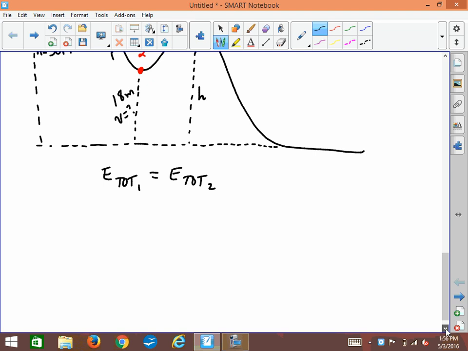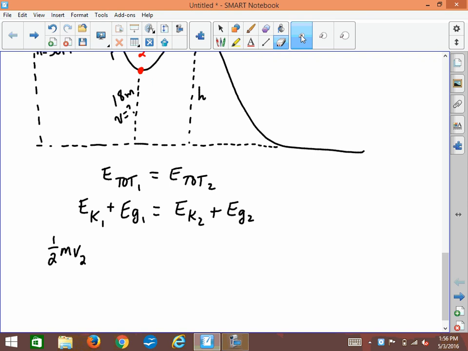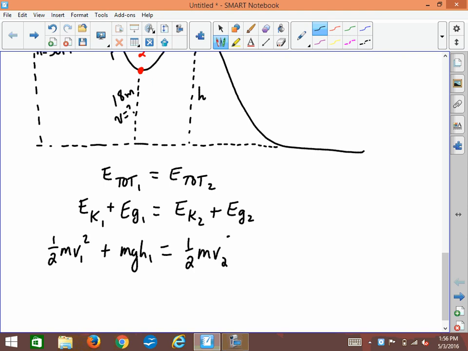So what do we write here? Well, we know that we're going to have 2 kinds of energy, kinetic and gravitational at position 1, and the same is true at position 2. So we can automatically write this every time. Then we know that kinetic energy is 1/2 mv squared. Oops, that'll be v1 squared, sorry. 1/2 of the first speed squared plus mgh1. This will be 1/2 mv2 squared plus